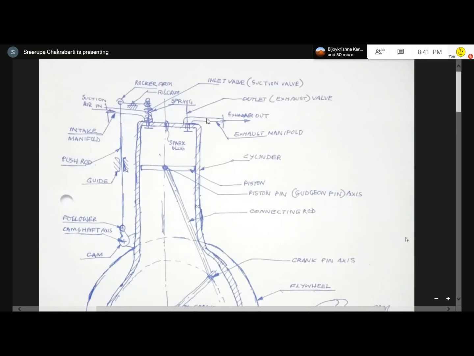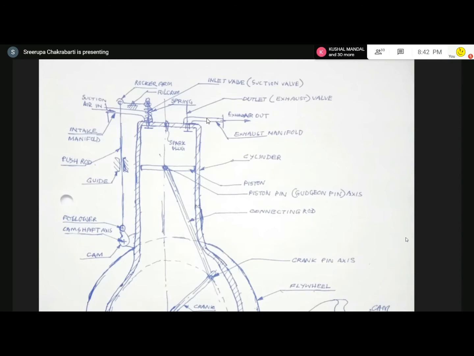Shouldn't there be a carburetor? Yeah, everything will be there, but see, we are now just showing you the basic components of the engine. Carburetor is not a basic component. It is only used for a petrol engine. You can say it is an appliance. We have not shown it. I am now concentrating only on the engine. Carburetor is a separate thing which we will discuss separately.